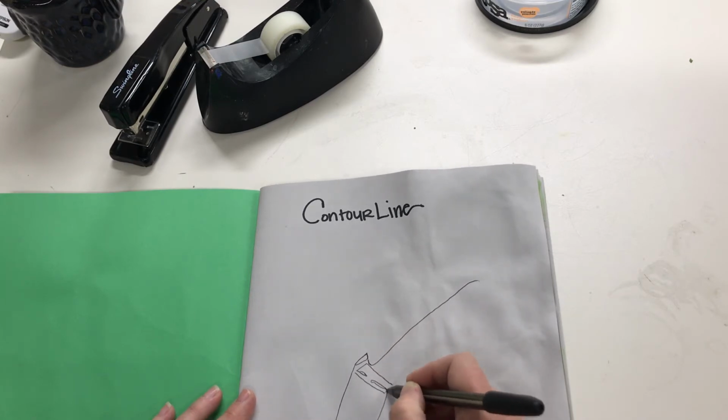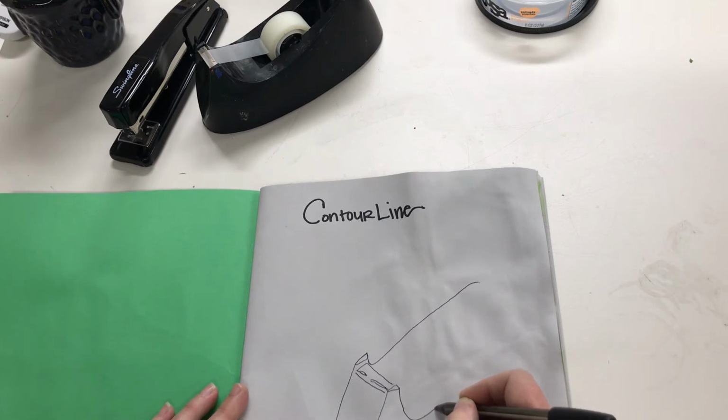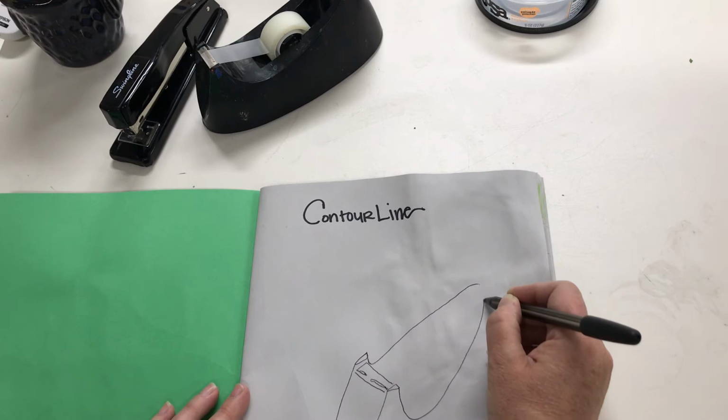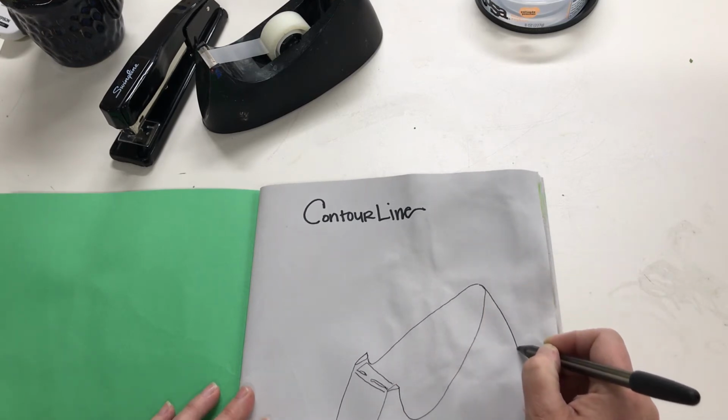Can we also use pencil? No, I want you to use pen. The reason I want you to use pen is that I find pen slows us down in a way that's really perfect for contour line drawing,